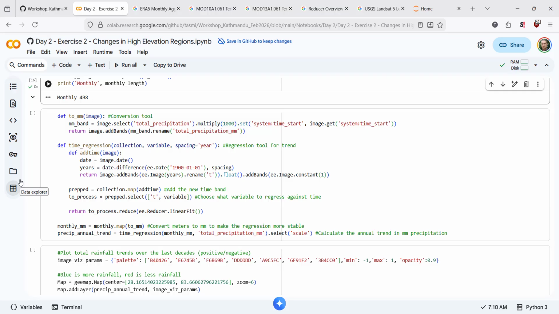And it's making a constant band with that date. So now we know what the units are for our time array, and we know what the units are for our millimeters of precipitation. And we use, again, a reducer. And in this case, it's a linear fit. So this will perform a linear regression at every single pixel over the globe and give us that slope result back. So first, I'm converting my monthly data to millimeters, and then I'm running my time regression on this millimeter precipitation data, and